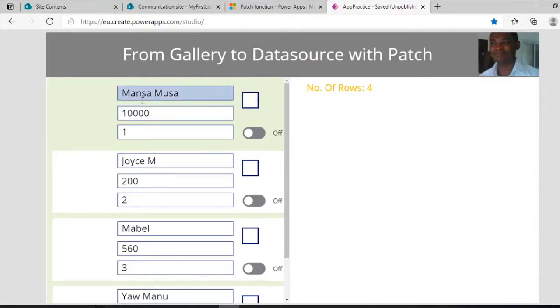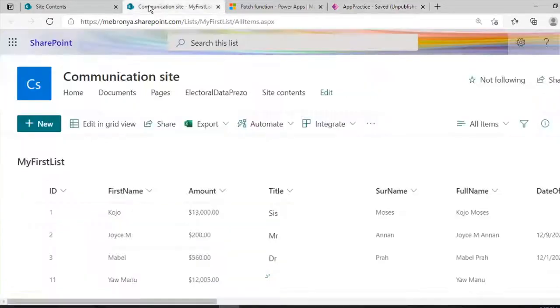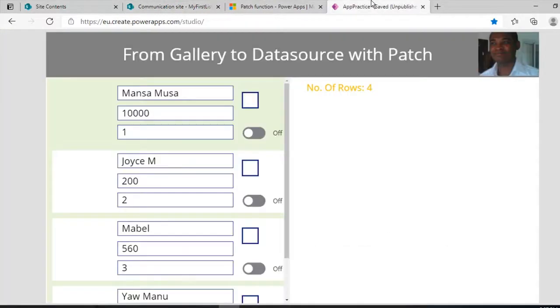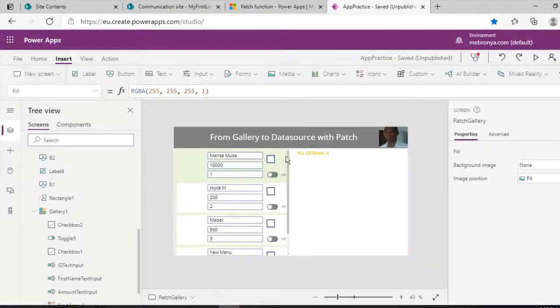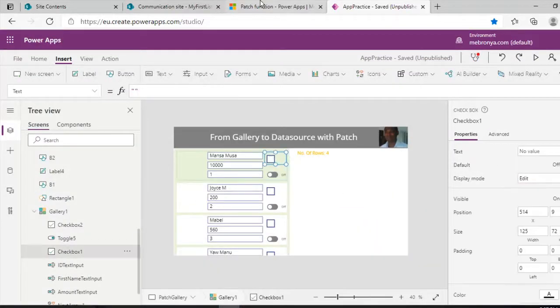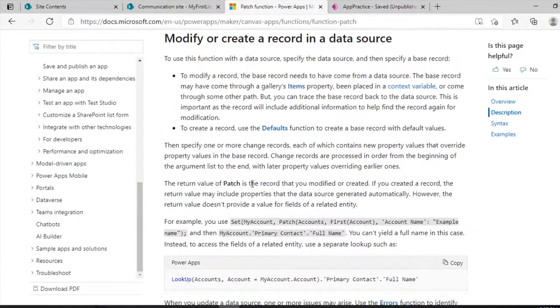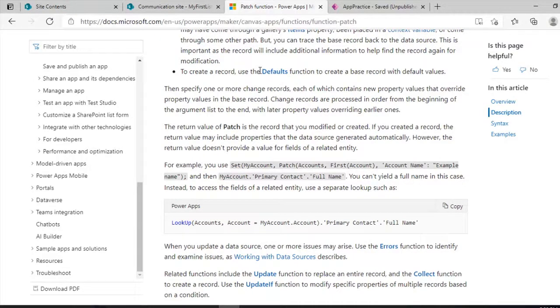And I want to create this as a new record in my data source. When we look at the data source, I have 1, 2, 3, 4 items, and I want to create the fifth item by changing the old record that was here to the new record. So in that case, we are going to use the default as we saw as part of the syntax of